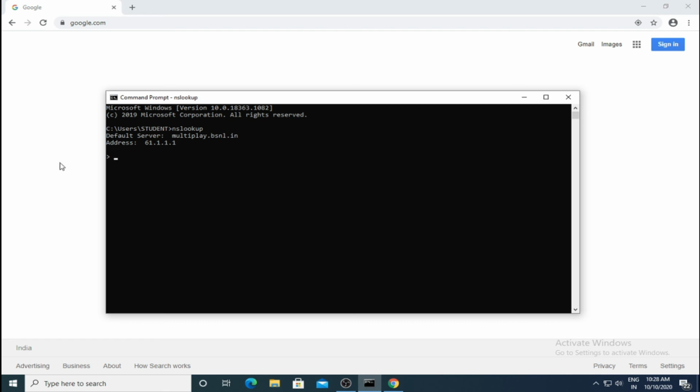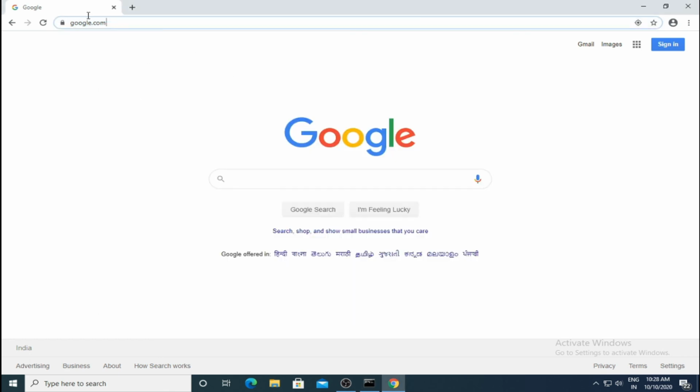So my first request will go to the DNS server and the DNS server will reply back with the IP address of the Google server. Then my browser will be able to establish a TCP connection with the Google server. Then it can send the HTTP request message and get the HTTP response message from the Google server.